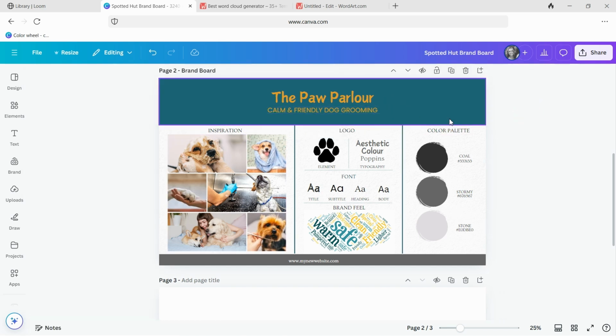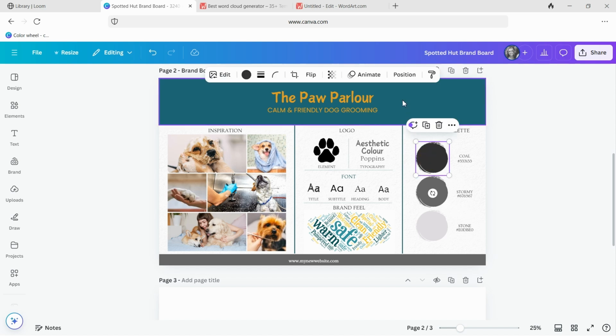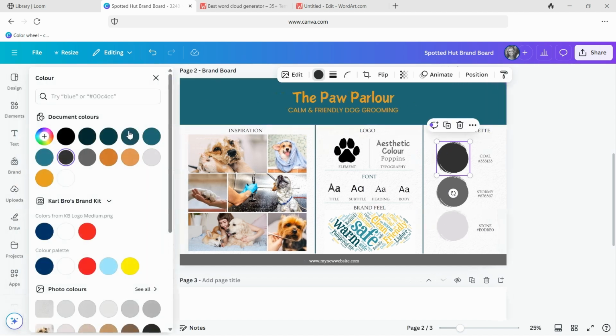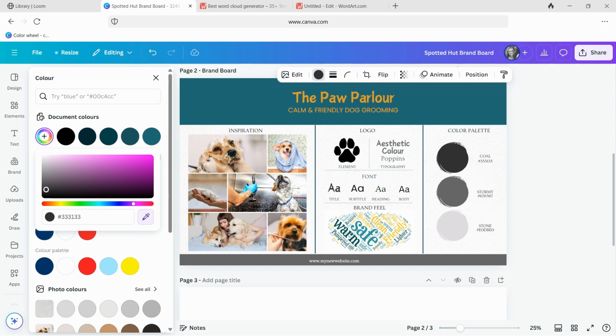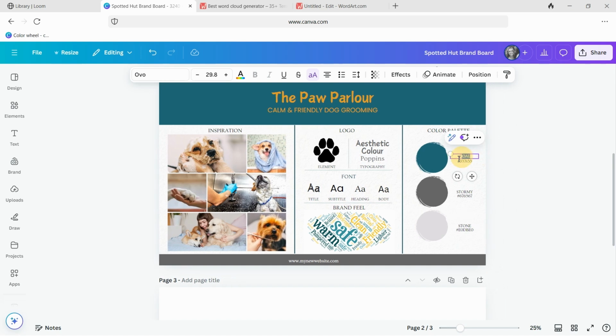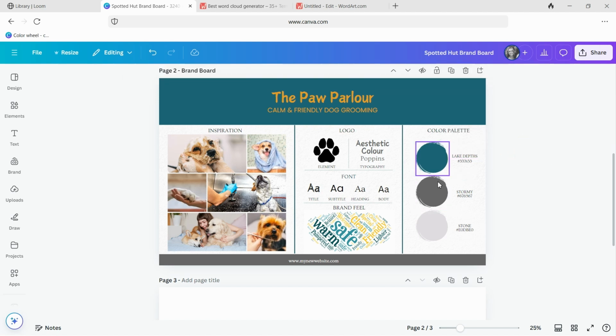Okay. Right. Now that I've got that, I am wanting to now drill down the colors and the color combination. So what I can do now is, these are going to be my main colors. And all I'm going to do to make sure I get the exact right green is I'm going to click on my color dropper, go over here, and then this is going to be my kind of